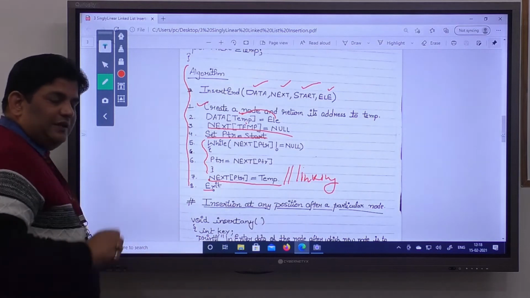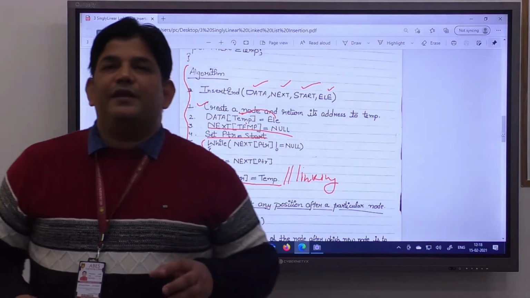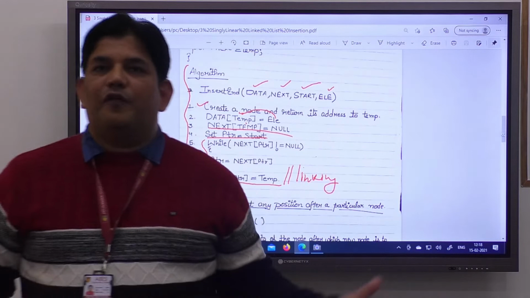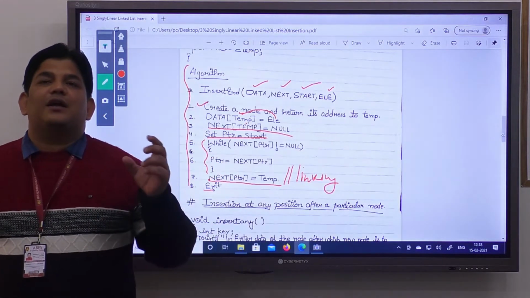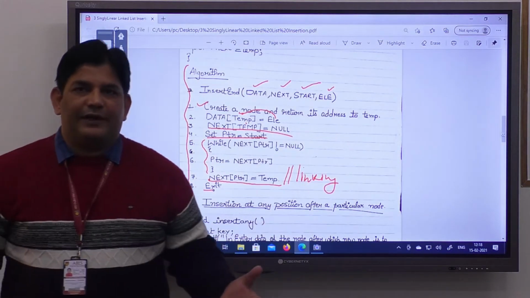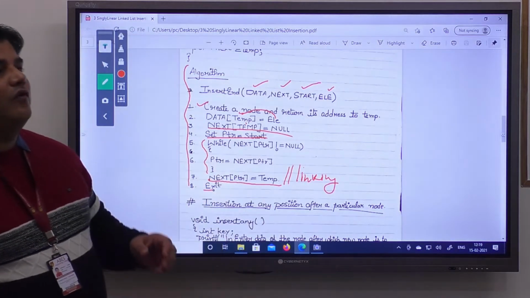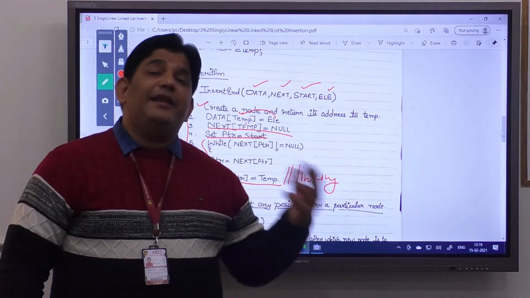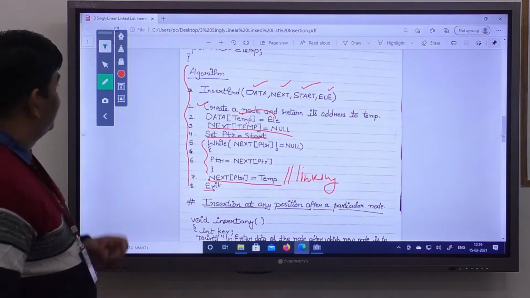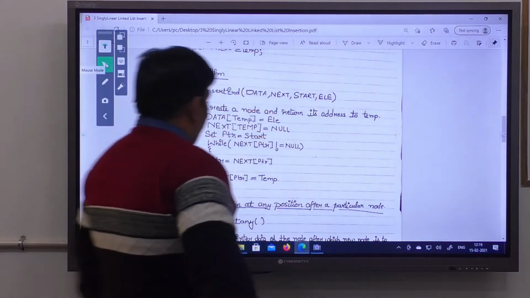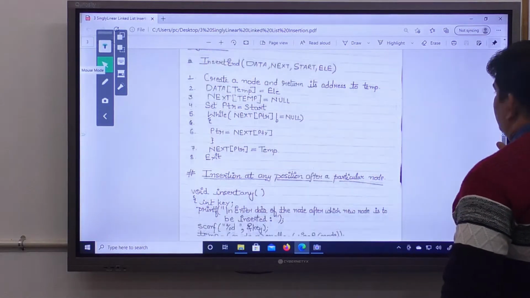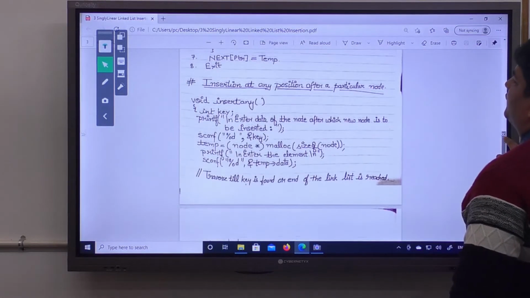Okay, now we have already covered two ways: how to insert a new node at the beginning of an already existing linked list, and how to create a new node at the end of it. Now what happens when you have to create a new node at any position between the first and the last? So let's talk about that. This is insertion at any position after a particular node.